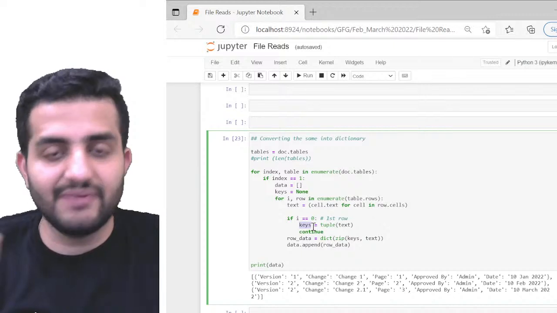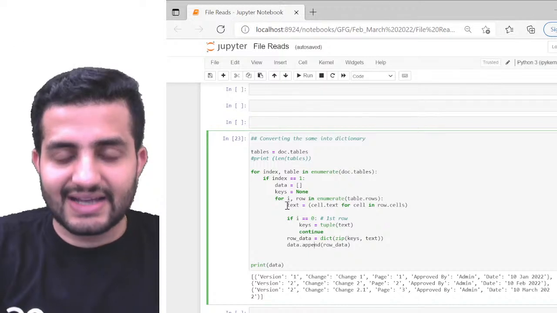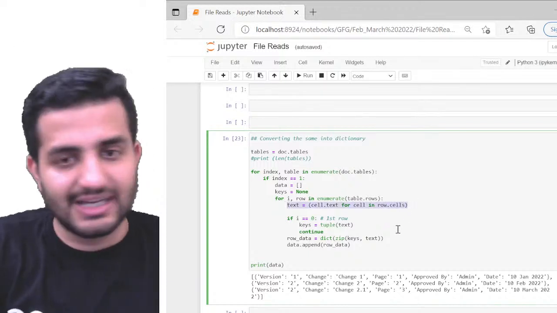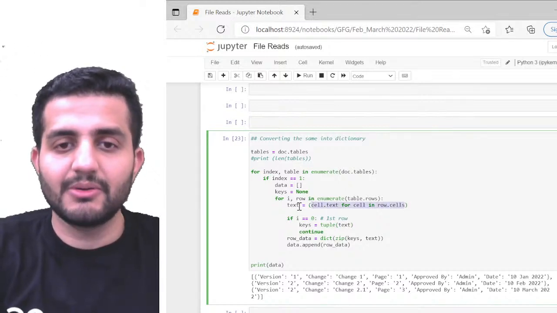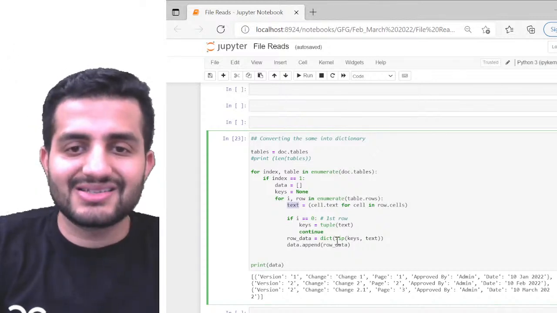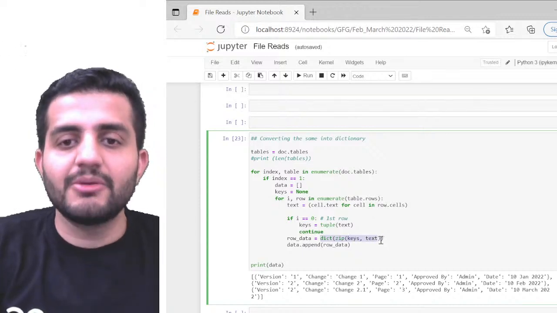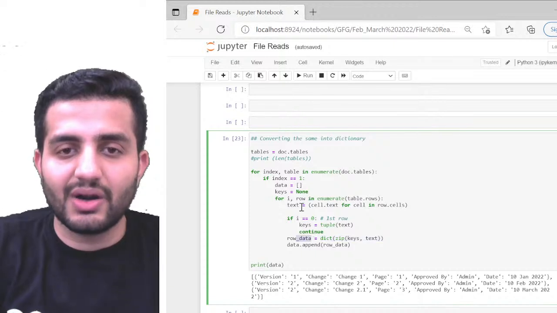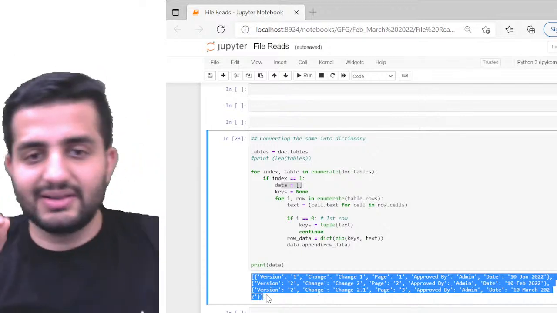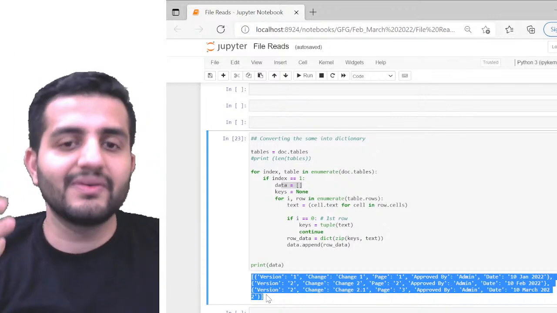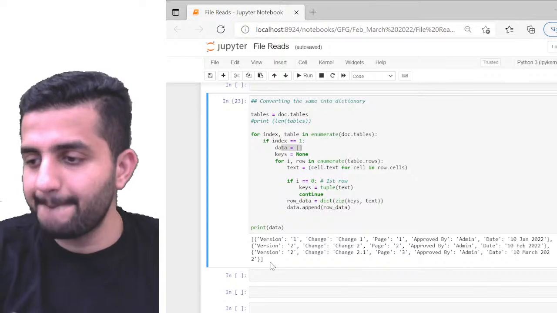In a dictionary we have key and value, right? So this will be the key. For the value, use the text which we have extracted. And what is my text? The same thing, the text for each of my cells. To make it into a dictionary element, we just zipped keys and text. This is going to be my dictionary element, and eventually all of these dictionary elements got appended into my data, which is a list. So I'll be getting a list of dictionaries. If I have 3 rows, I'll have 3 different dictionary elements here, right? Got it? Make sense, guys?